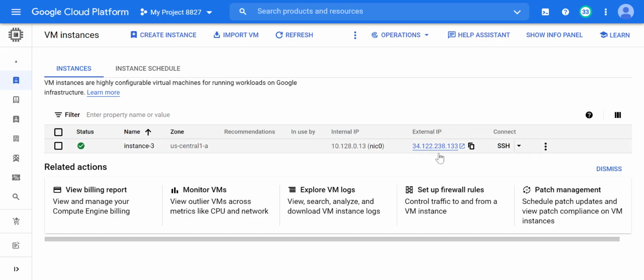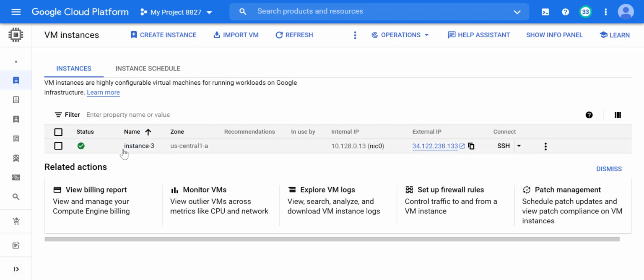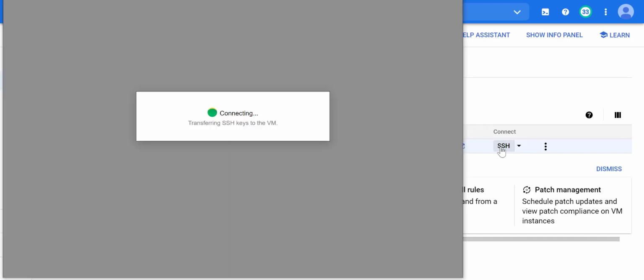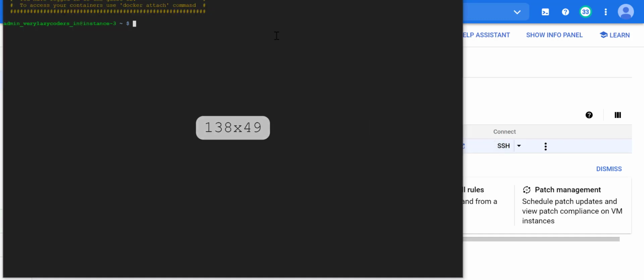Okay, so my instance has started. If I run this external IP, it will not run that web server. That's because the argument that I have mentioned is no longer the script which runs the Apache web server. All it should do right now is print a hello world in the logs. Let's see if that has happened. Let's go back to our SSH and do a sudo su and a docker